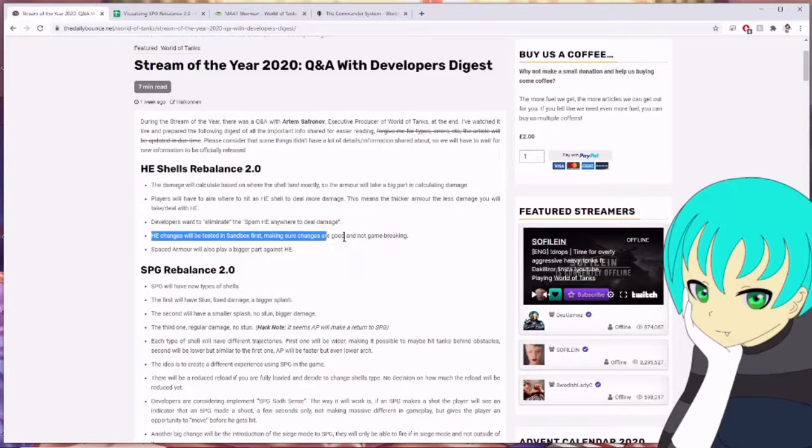They stress that it will be on the sandbox first, and that's just because the last HE rebalance test was not very popular. They also mentioned that they want Spaced Armor to play a bigger part against HE, so probably similar to, like, the mantlet of the M4 there, because it's Spaced Armor. And I personally think Wargaming should expand this to heat, because I think